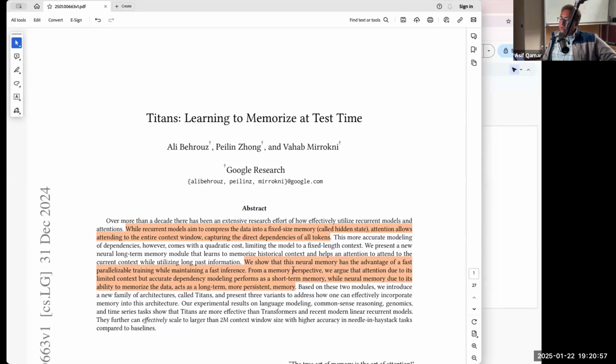So what they say is, we show that the neural memory, which is the key idea behind the paper, they are going to introduce something called neural memory. Now, what is a neural memory? Neural memory is an additional layer they are going to propose in that paper as a key component which remembers the long-term memory. See, what they are trying to do is look at the human, how we remember, how we make decisions.